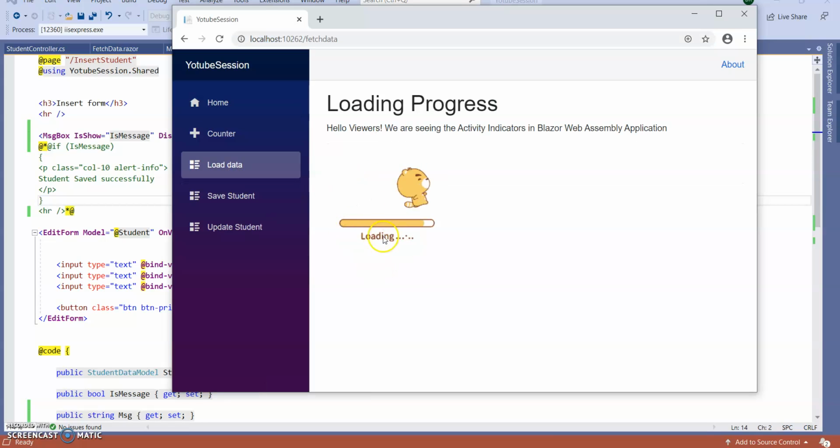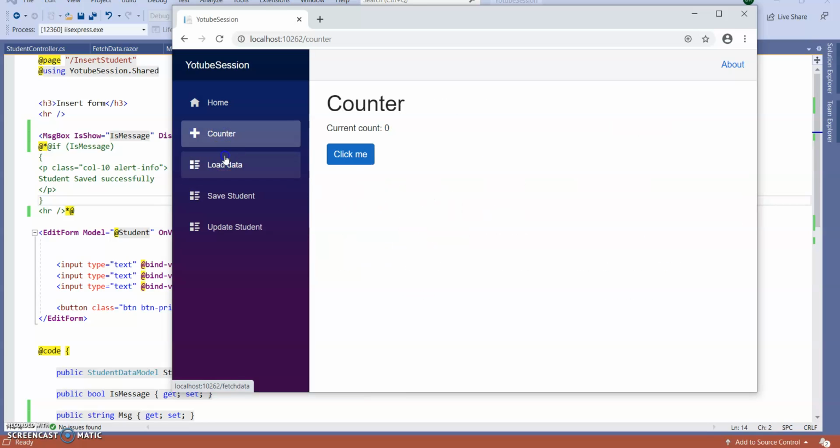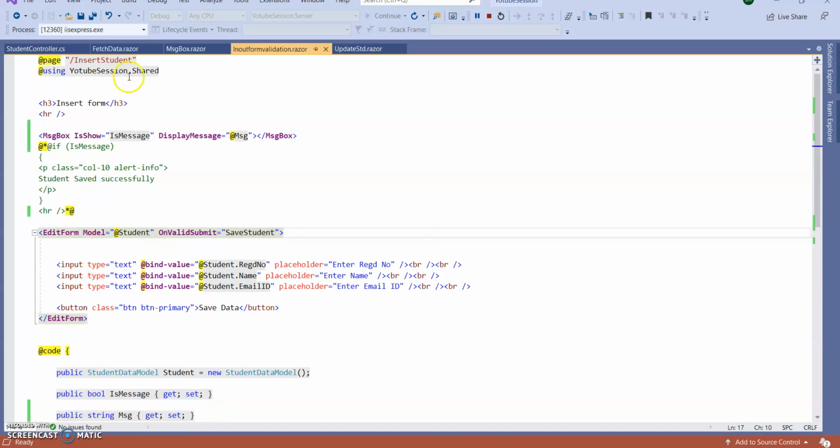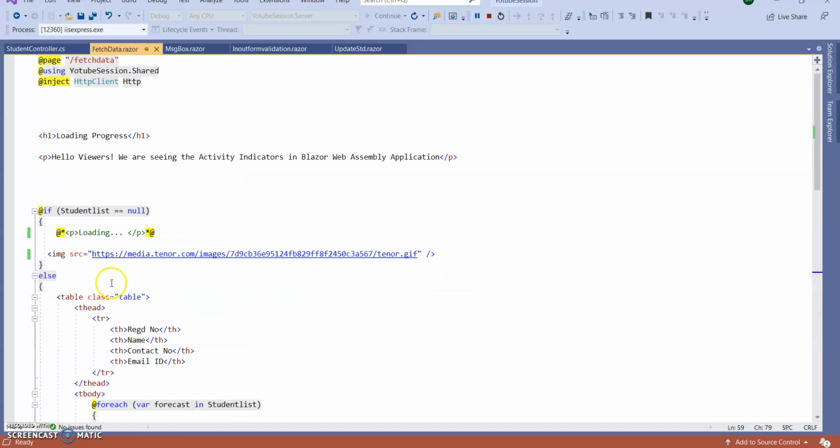It is loading for 3 seconds. Again it will show. Load data. So in this way we can directly call a GIF image or animated image inside our Blazor component.